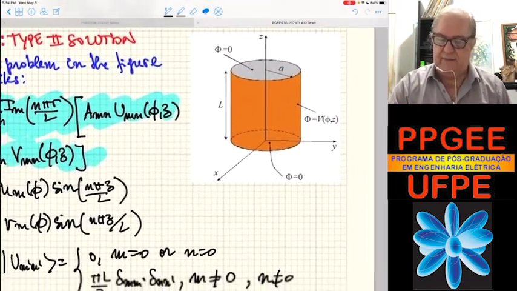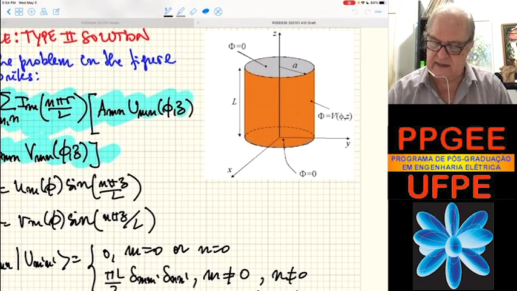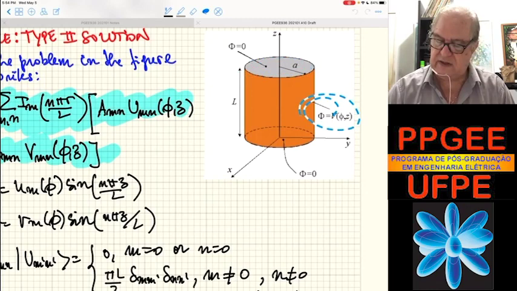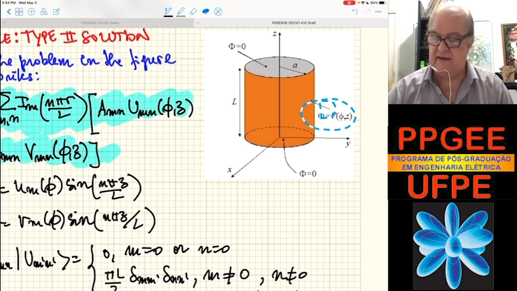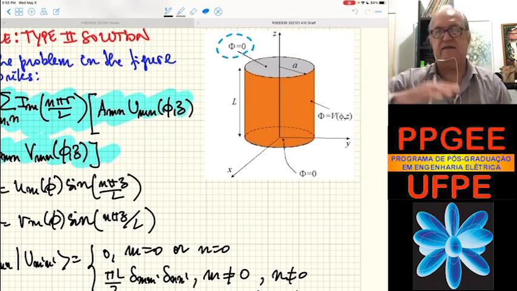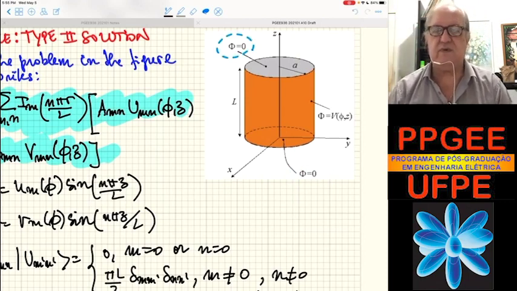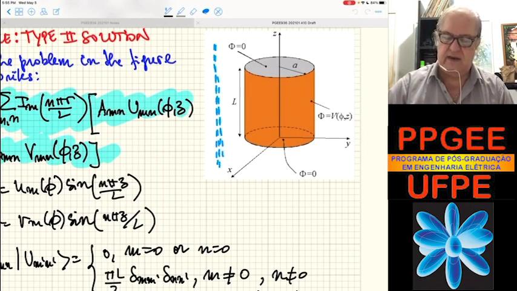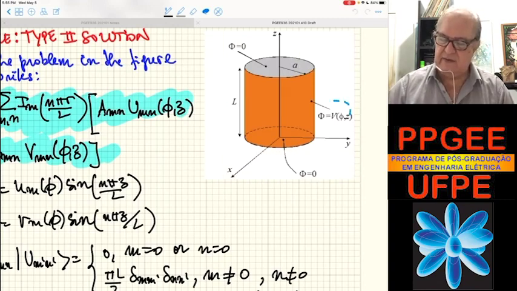Type 2 solution would happen when we have two grounded surfaces in the lower and top surface of the cylinder, and we still have an arbitrary function on the lateral wall, right? If you have an arbitrary function in the wall, then you have a type 2 function. Because now we have two instances as a function of z where the potential goes to 0. So we have to have two roots. It means that we have the periodic function in the z direction. Also, I have an arbitrary function at r equals a. It means that I have to expand